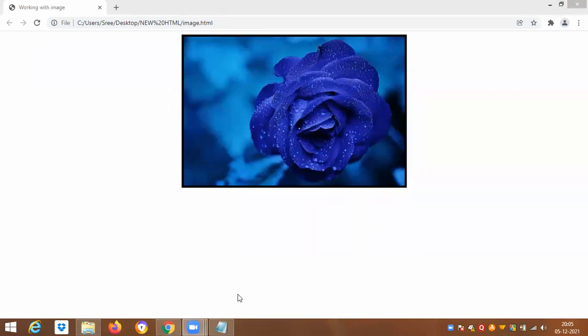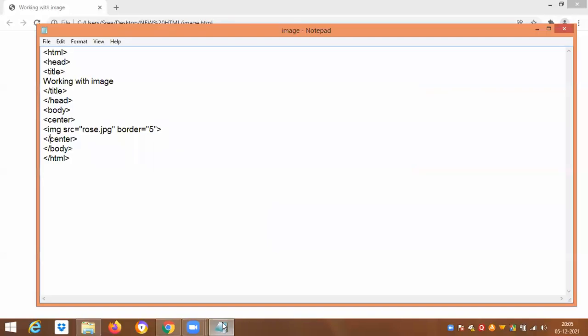Now, if you want to adjust the height or size of this image, you can use the height and width tags. Okay, just write height. Now, you can try the trial and error method to see if the image is of appropriate height or not. Suppose, let me first try with height 300 and width 300. Let's see how it appears.